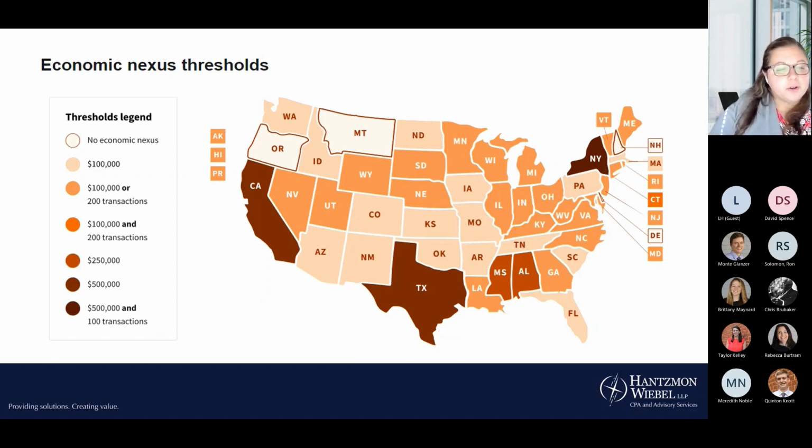So you may be wondering, why does this even matter? This is referring to sales tax. So while the Wayfair decision did not directly impact income tax nexus, the removal of a physical presence requirement for sales tax may encourage more states to enact a sales factor threshold for income tax nexus. So generally, when a taxpayer starts filing sales tax returns and they're registered in these new states, they're usually going to be required to file an income tax return there as well, even if there's no income to be